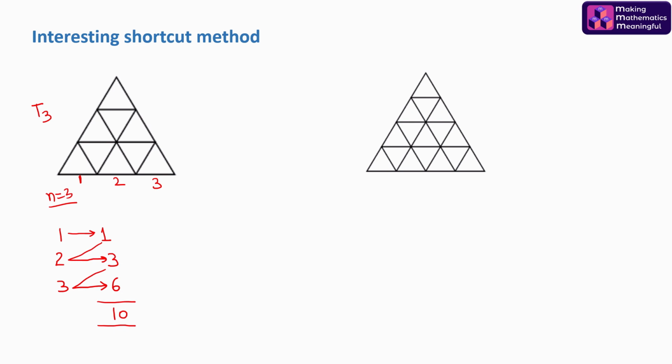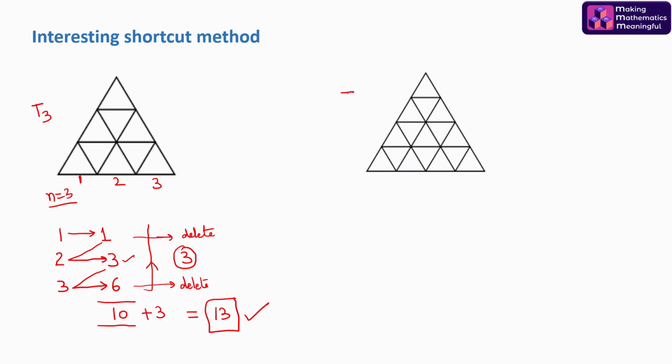Now, starting from bottom to top, start deleting and accepting the alternate numbers. What does that mean? Start deleting. So delete this number, but accept this number 3, and then alternately delete this number. So we are left with 3 over here. Add this number to the previously counted number, 10. The total number of equilateral triangles will be 13 of all sizes.